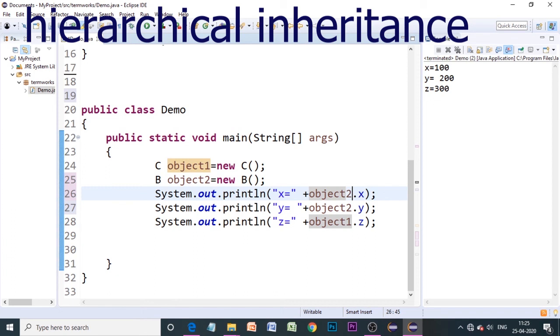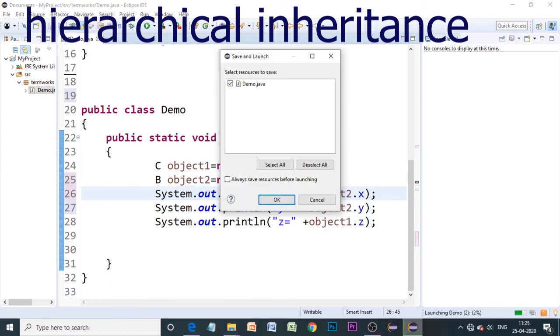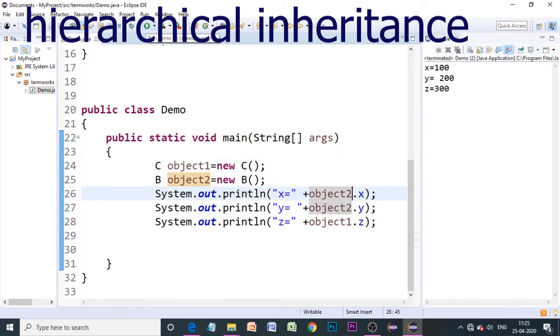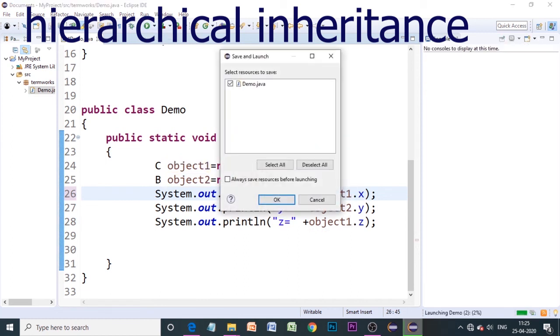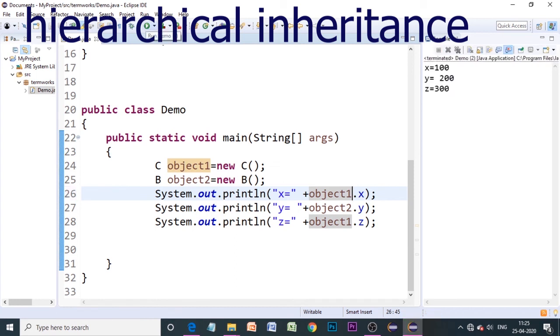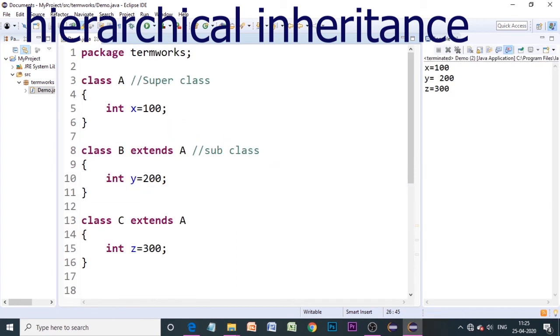They will have all the permission to access that. So let's see what will be the output of this. So this is 100, 200 and 300. So let me change this to object 1. Then also we should get the same result because subclasses will have access to their superclass. Yes. So this is another type of inheritance, that is hierarchical inheritance.